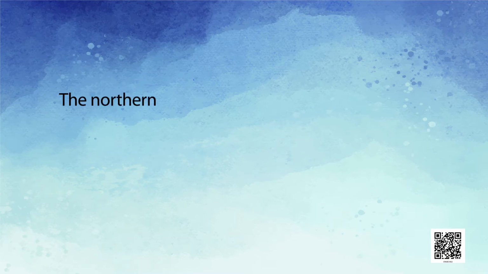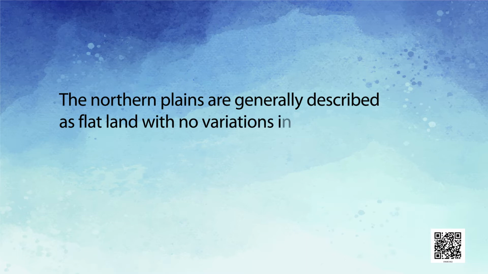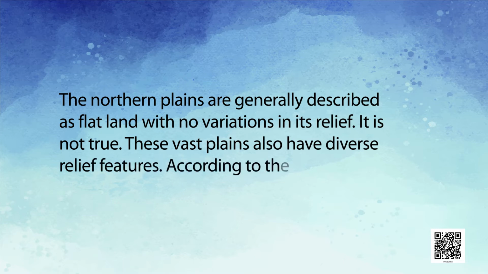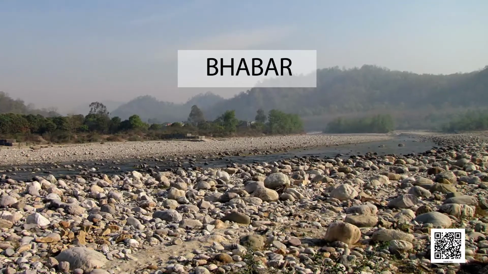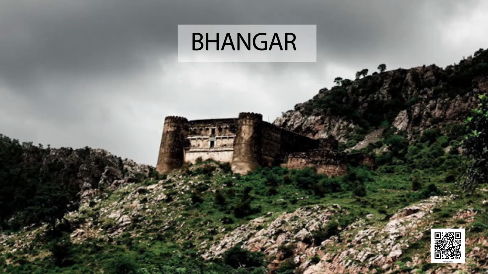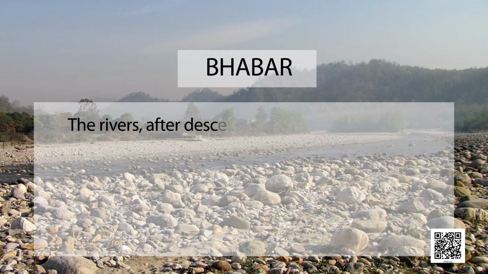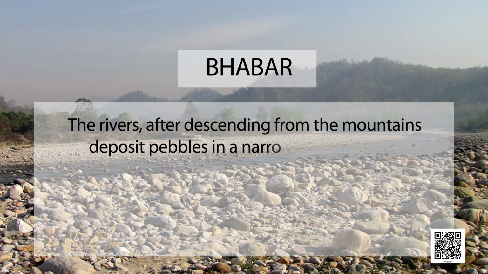The northern plains are generally described as flat land with no variations in its relief. It is not true. These vast plains have diverse relief features. According to the variations in relief features, the northern plains can be divided into four regions, and they are Bhabar, Tarai, Bhangar, and Khadar. The rivers, after descending from the mountains, deposit pebbles in a narrow belt of about 8